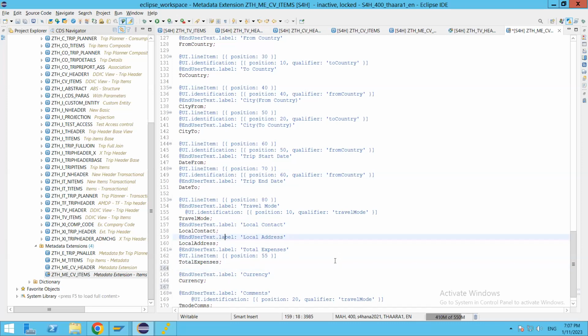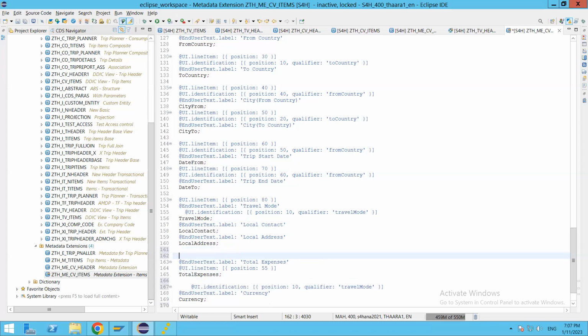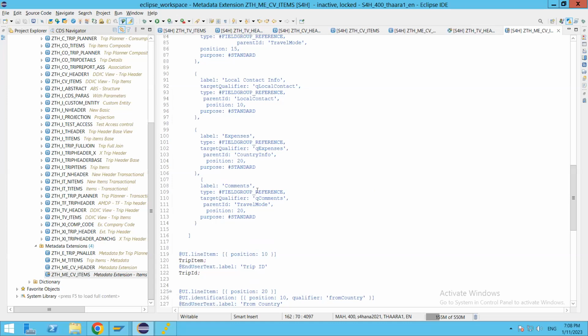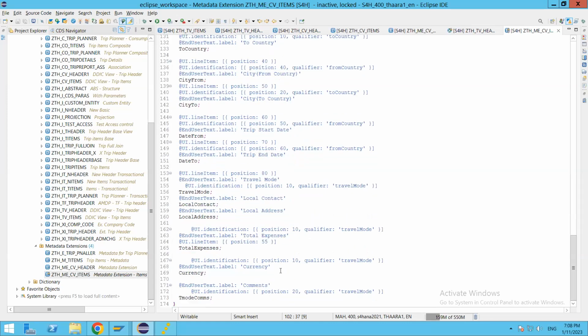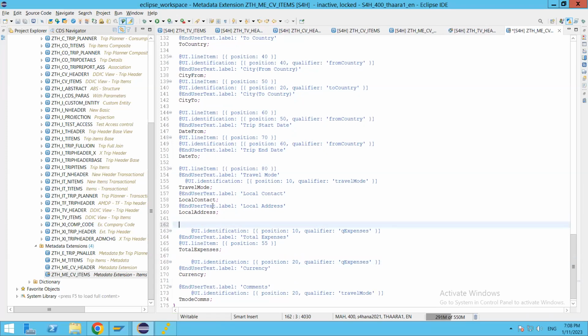The total expenses and the currency, and this currency and the total expenses. Let me look at what is the field group that we created for that one. Expenses, the target qualifier is going to be Q expenses. Total expenses is going to be 10, and the currency is going to be 20. So these two field groups are done, and we are left with the